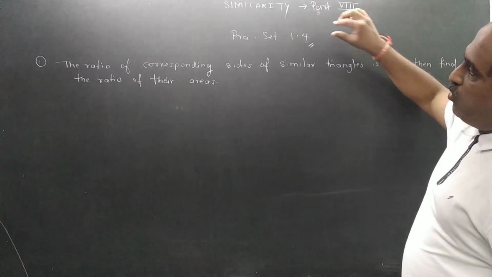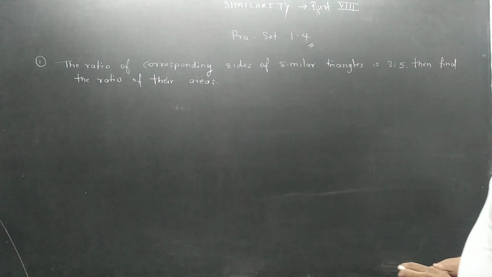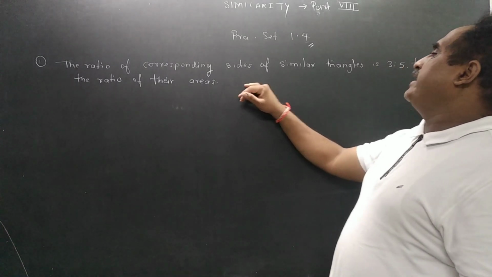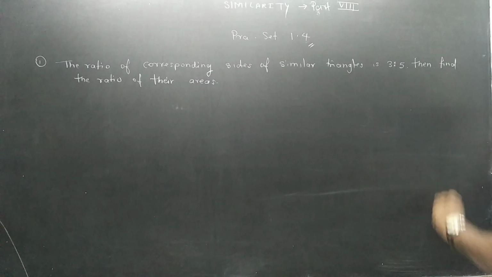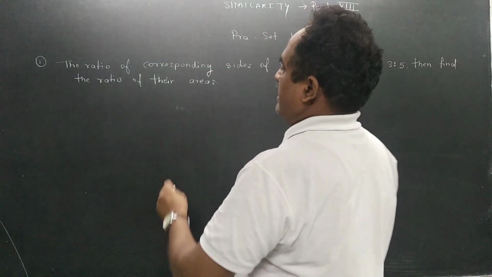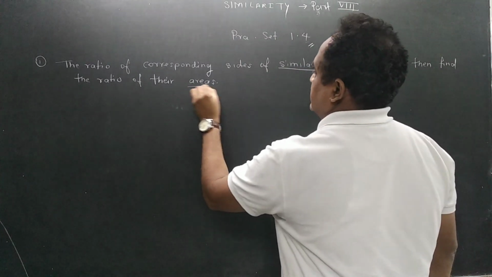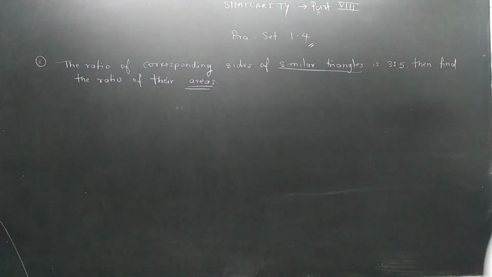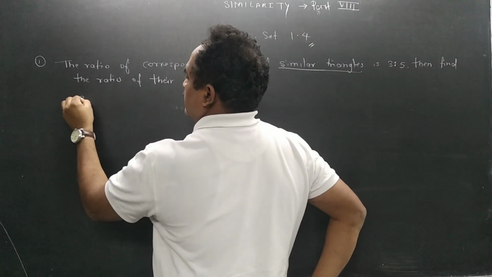Practice set 1.7 you are going to start. The first question: the ratio of corresponding sides of similar triangles is 3:5. Then find the ratio of their areas. See, they have given similar triangles as well as their areas. So in such cases, we are going to write